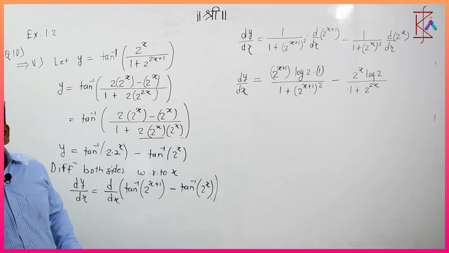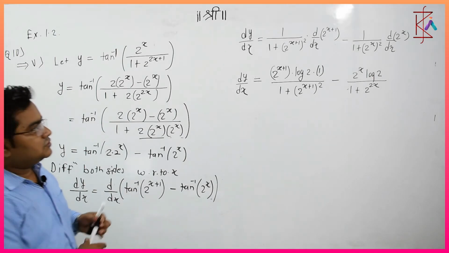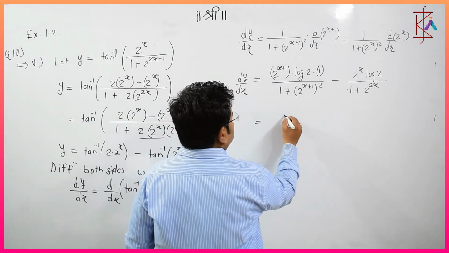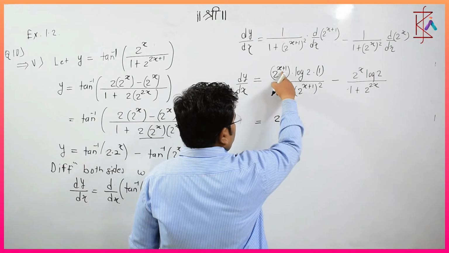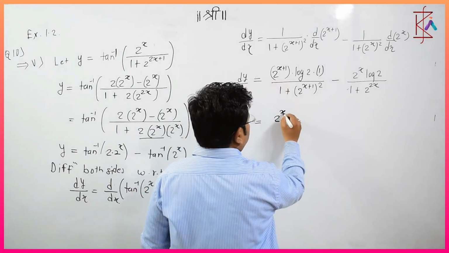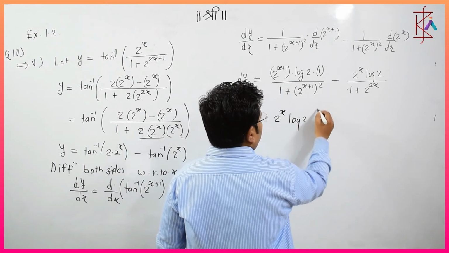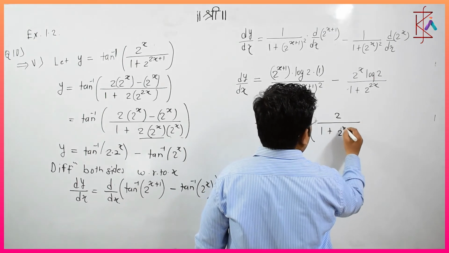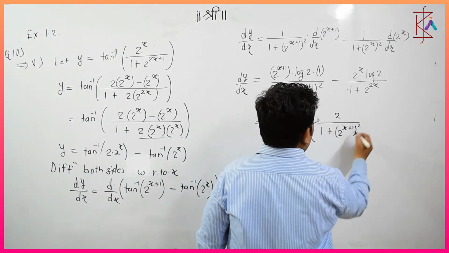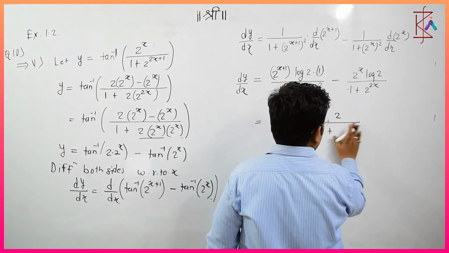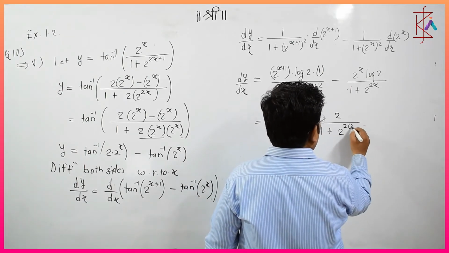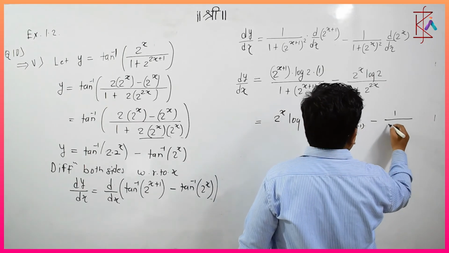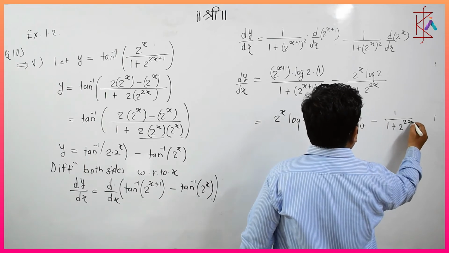Okay, so just check it once whether we are correct or wrong. So this 2 log of 2 or 2 raised to x plus 1, this log of 2 again comes constant. So this will get split in different terms. So 2 raised to x into log of 2 is constant. That remains what? Within the bracket 2 divided by (1 plus 2 raised to x plus 1) whole square. Okay, or you can write it like this, 2 raised to 2 times x plus 1 minus 1 upon what? 1 plus 2 raised to 2x.